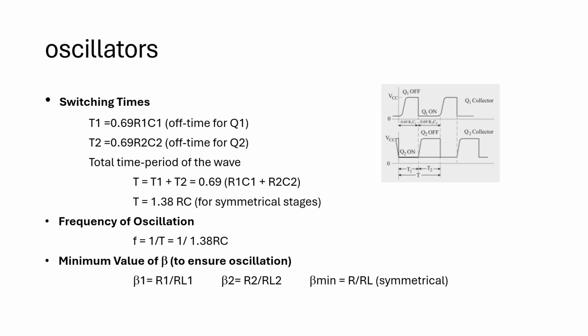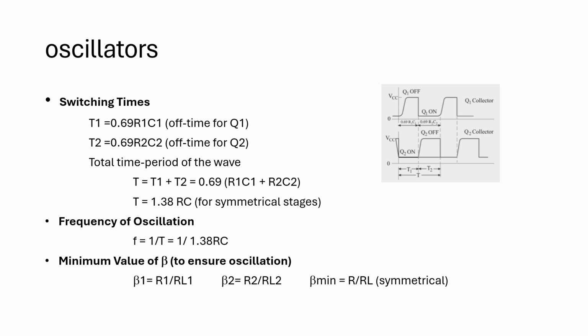We call that your switching times. Our T1 here is the off time for Q1, and our T2 here is the off time for our Q2. So this is equivalent to 0.69 multiplied by the time constant R1 C1, and 0.69 multiplied by the time constant R2 C2. If we wanted to have a square wave, we will just have the same value for R1 and C1. If we wanted to adjust your mark and space, then we will have some adjustments with our R1 and C1.